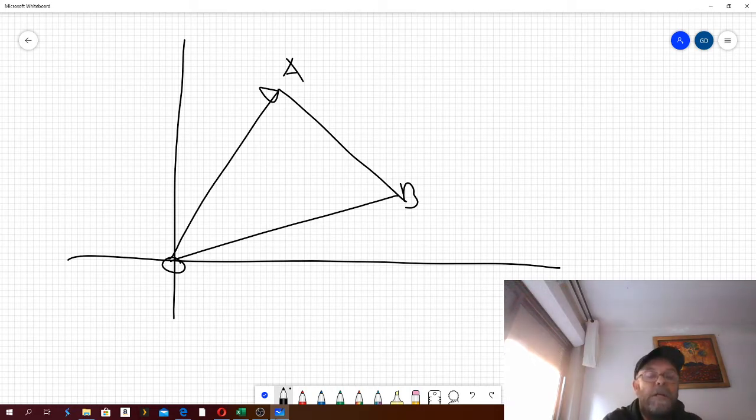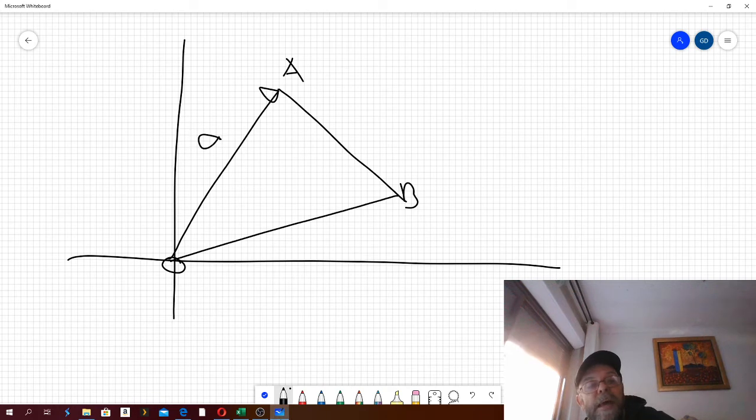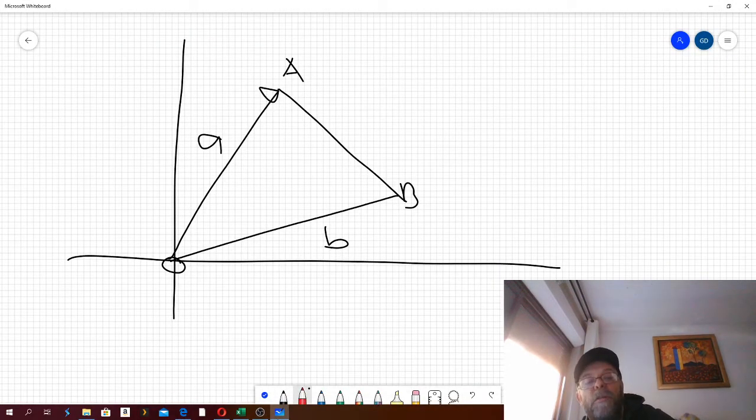Let's have a look and see what else they ask. They said in triangle OAB, the vector OA is called A and the vector OB is called B. So let's label them. Okay, so that's A and that is B. Then they say that M is the midpoint of AB. So we have a midpoint over here, an M. Okay, now they ask us,